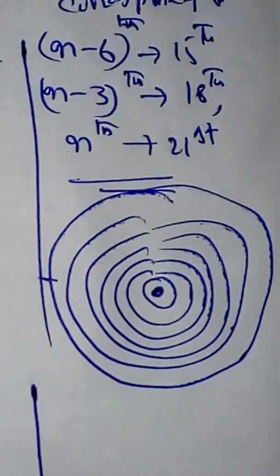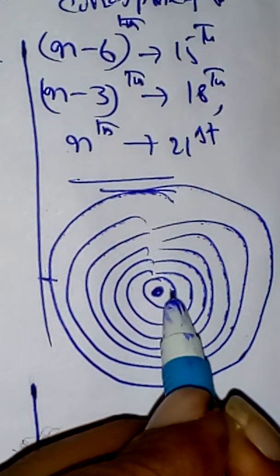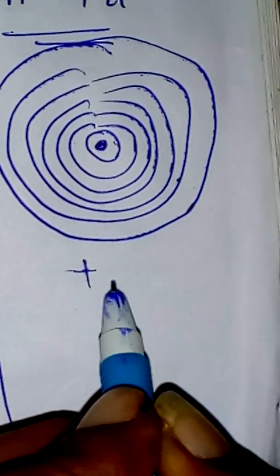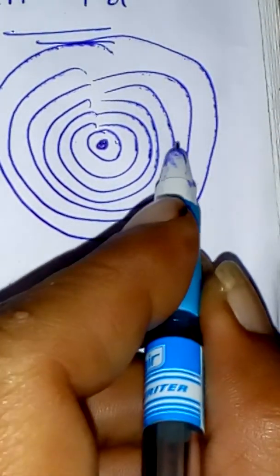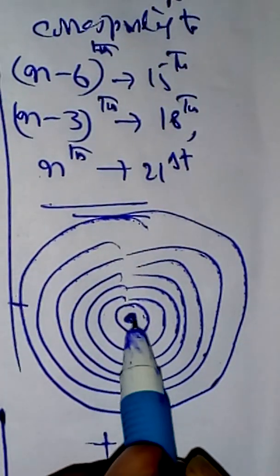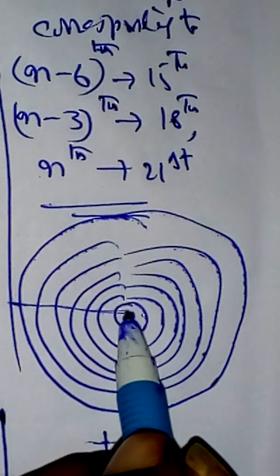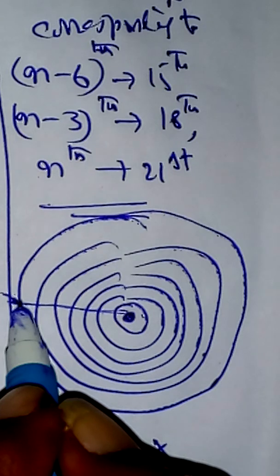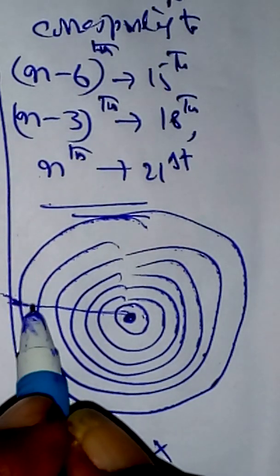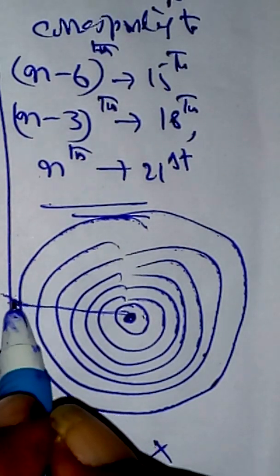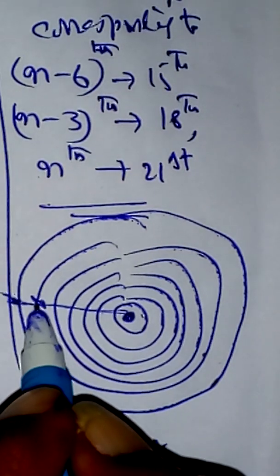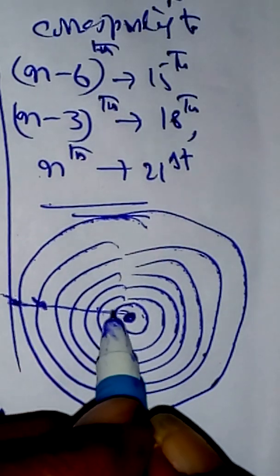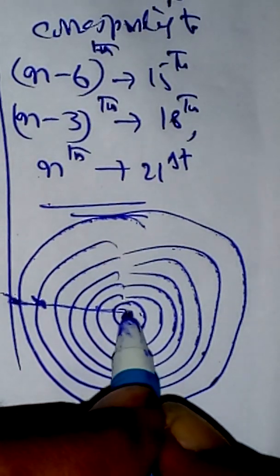Let us call this the 21st. So place your crosshair tangentially. Normally the crosshair appears like this. So make it tangent, that means it touches the line. So you kept your crosshair here. You have gone to the extreme end. This is the 21st ring. So here you have taken your reading at the 21st, then the 18th, then the 15th reading, then the 12th reading, then the 9th reading. Like that you have come to the central dark spot.